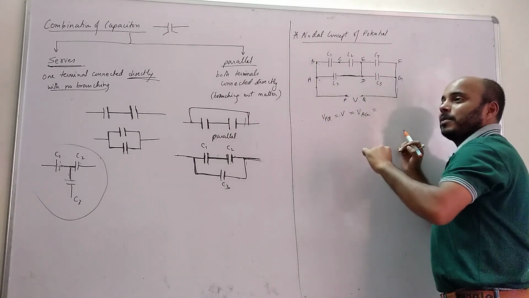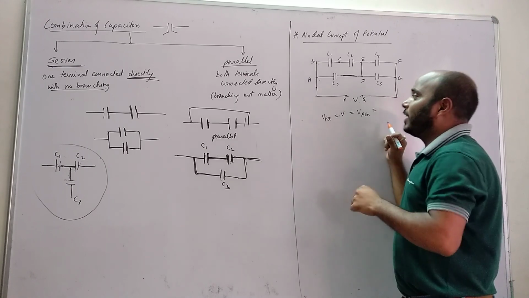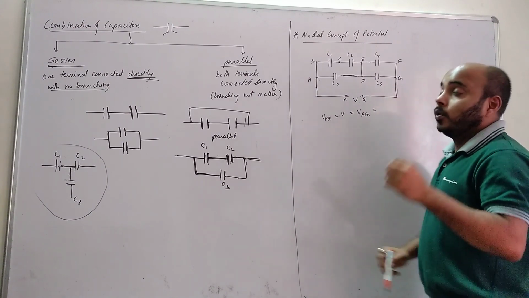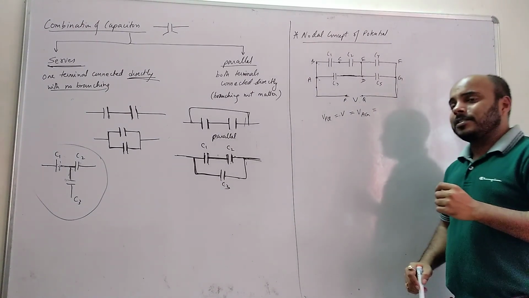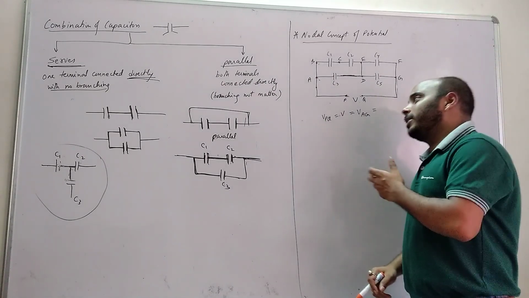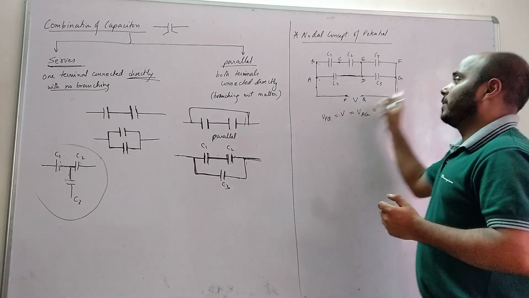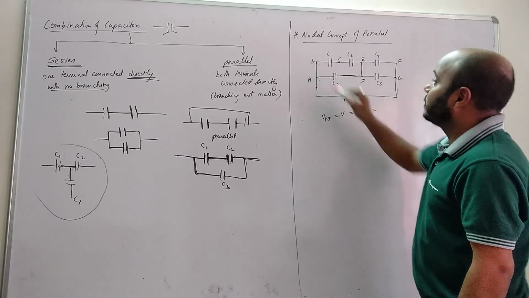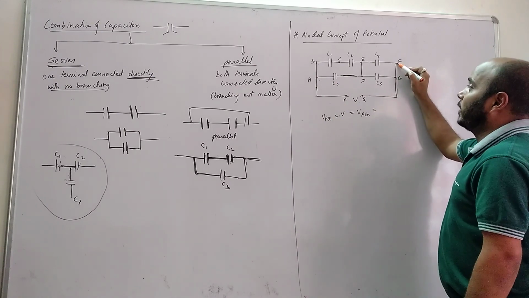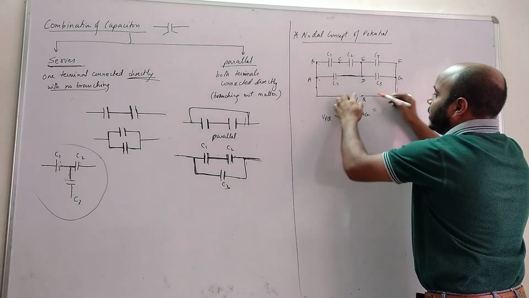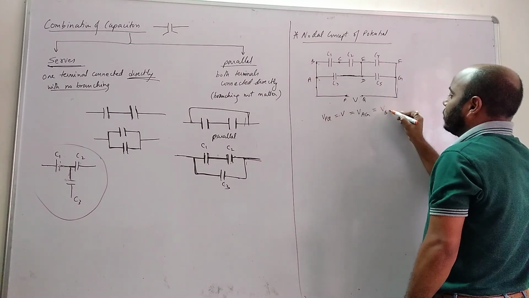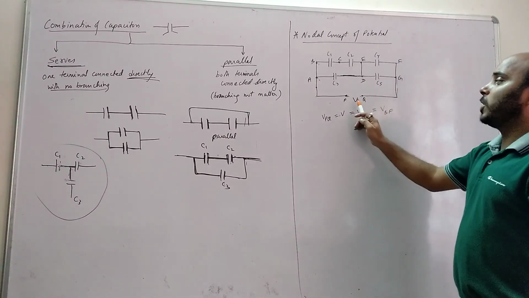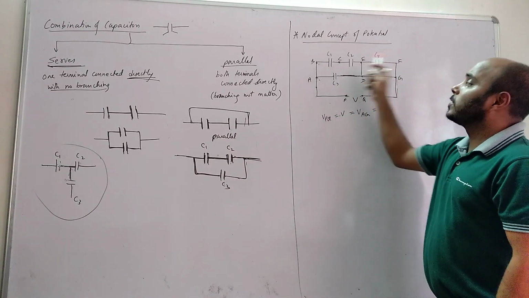But in real life, what happens? These things are theoretical. In real life, the potentials are not equal because there will be some potential drop across the wires also, because wires offer some finite resistance which is very small. So in theory we ignore those and say they are the same. Similarly, point A is directly connected with point B, and point G is directly connected with point F. That means this whole thing is directly connected, so this is also equal to the potential across BF. So this potential difference is equal across AG and across BF.